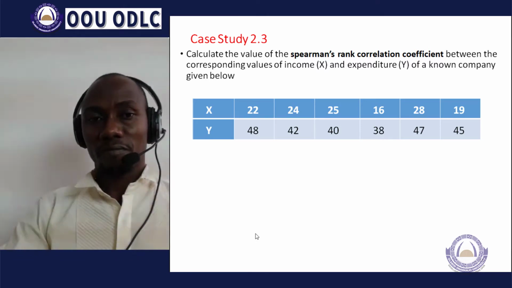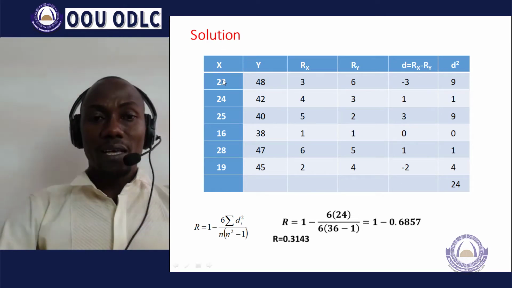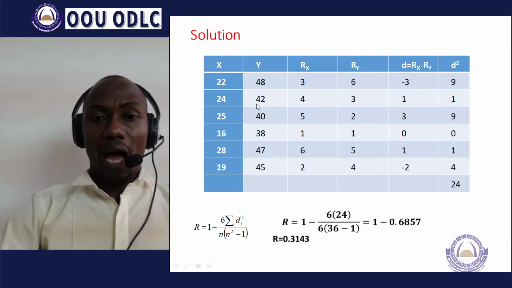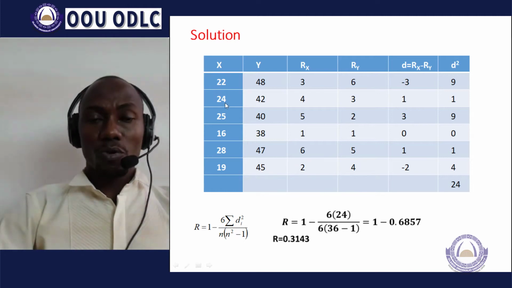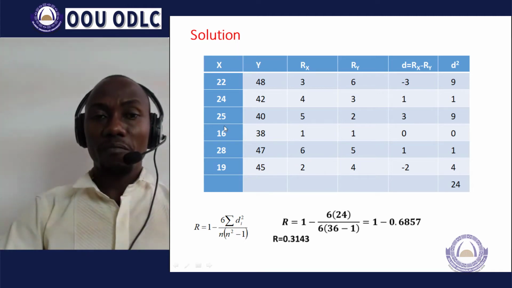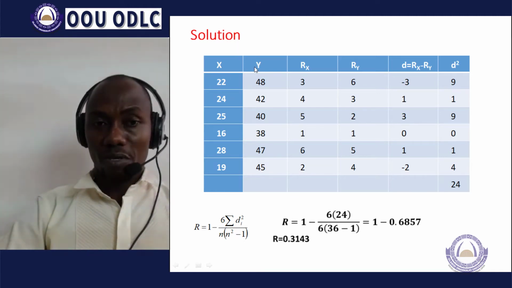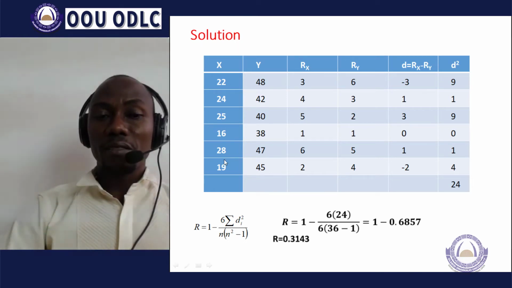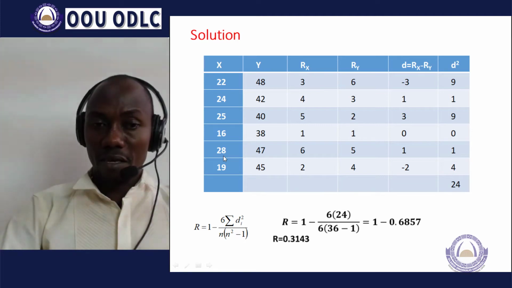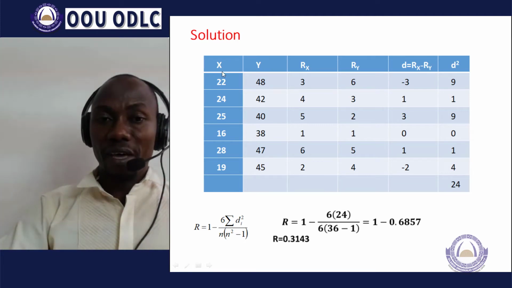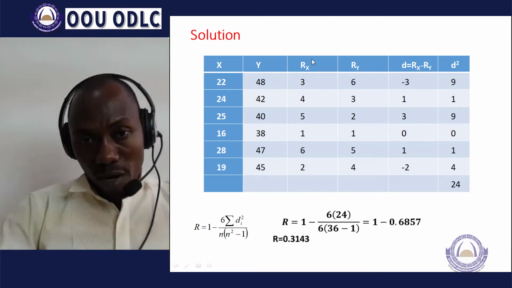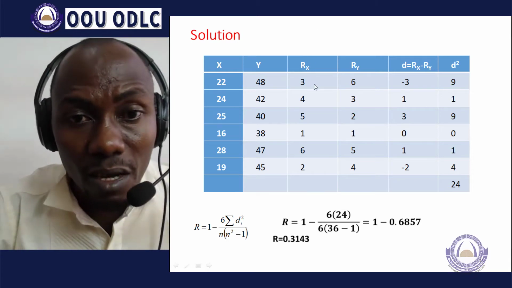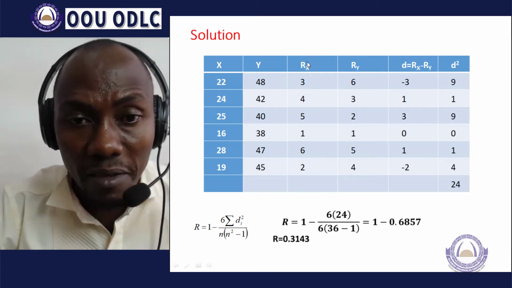We place X and Y on 2 columns here. We are to rank the values of X, and the ranking is presented in the third column